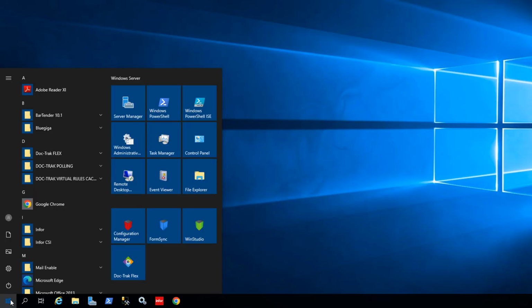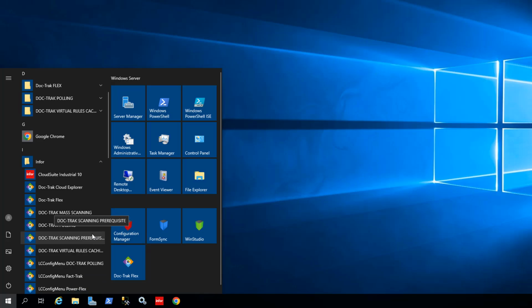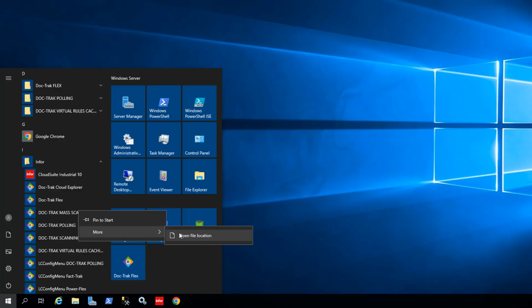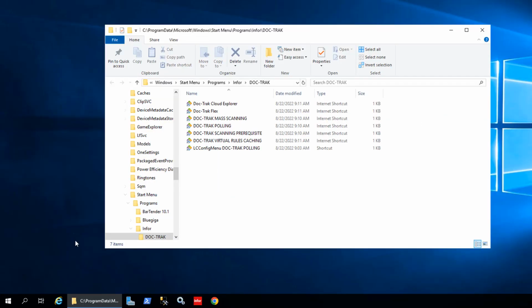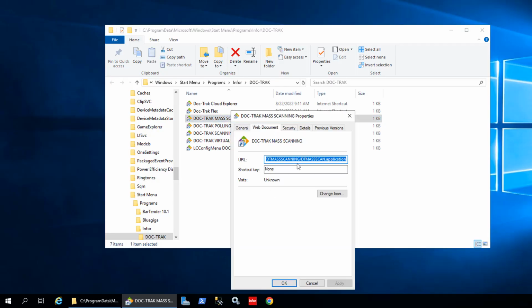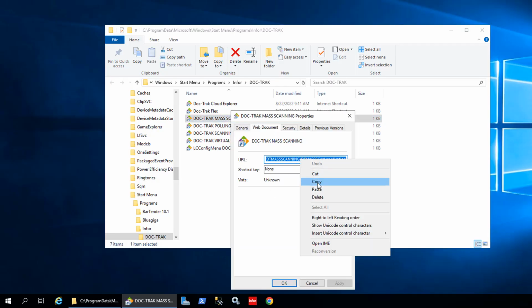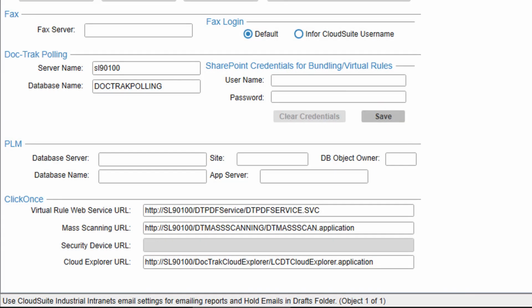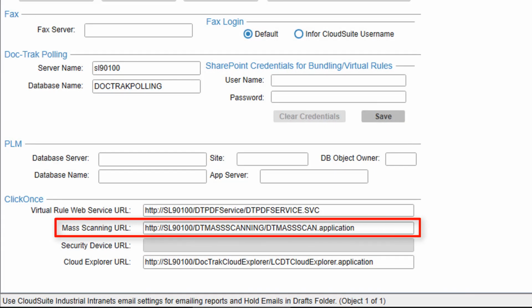Then under the Infor folder, I right-click DocTrack Mass Scanning and select Open File Location. Next, I'll right-click DocTrack Mass Scanning, select Properties, copy the URL address, and then paste it to this field.